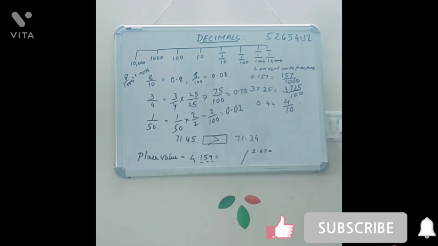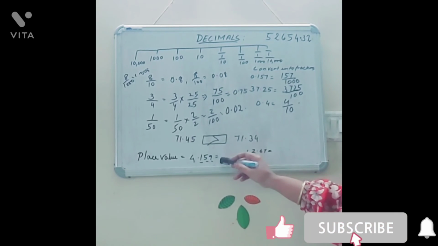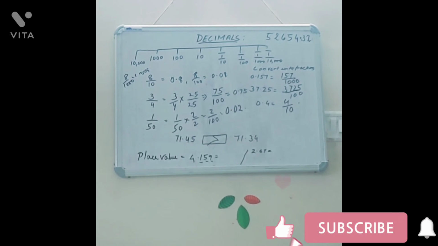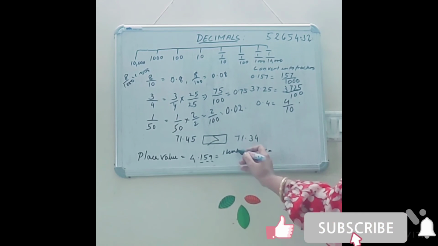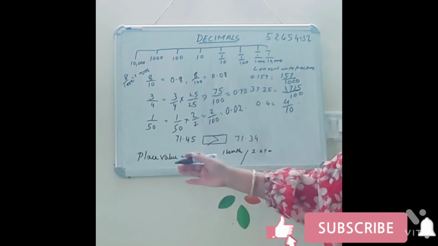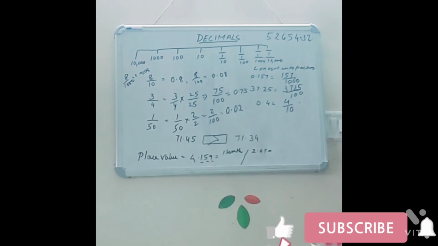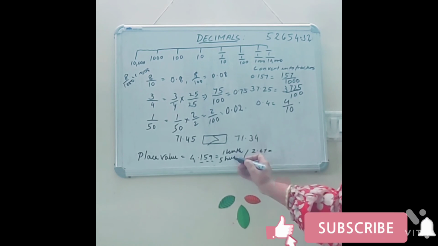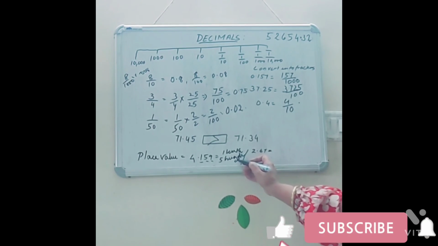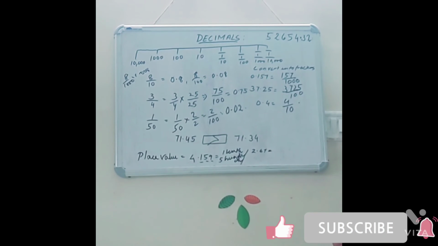Now the place value of 4.159, the place value of 1, 5 and 9. What is it? So this is 4 ones. The place value of 1 will be 1/10. If it is after the decimal, then it is tenths, but when it comes before the decimal, they are tens, hundreds and thousands. We add H for hundredths, okay, this will be 5 hundredths, not 100, and TH for thousandths, and this will be 9 thousandths.